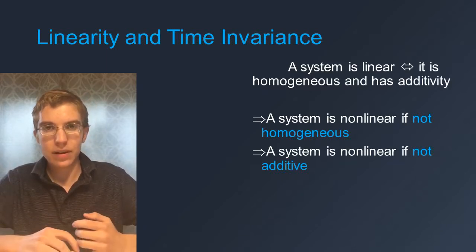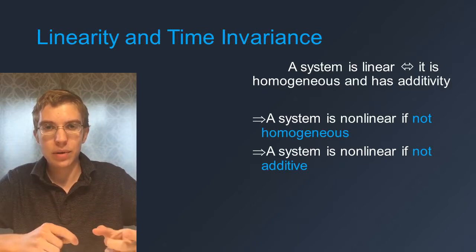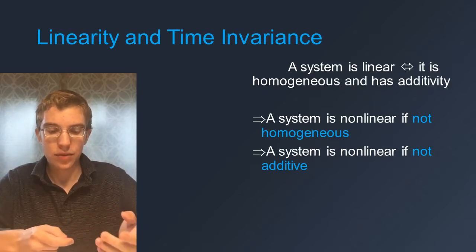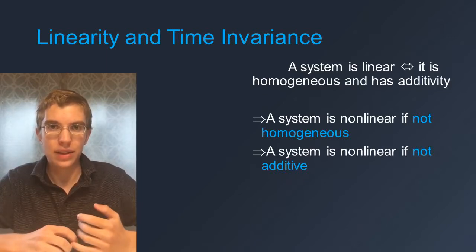Because it's time invariant, a periodic input is also going to produce a periodic output, which is important considering for an AC to DC converter, the input's obviously going to be